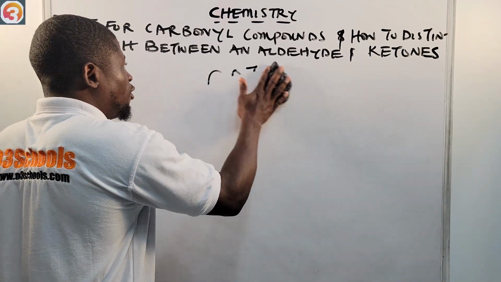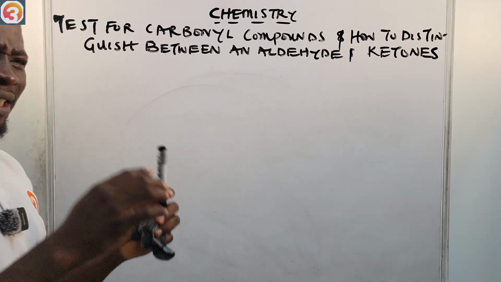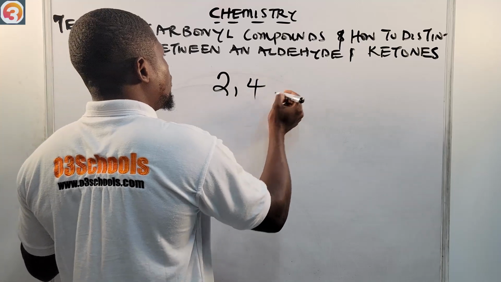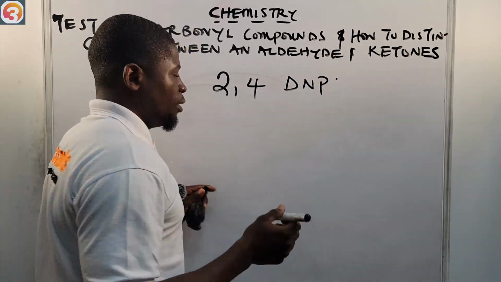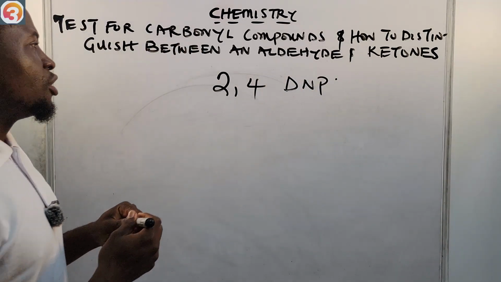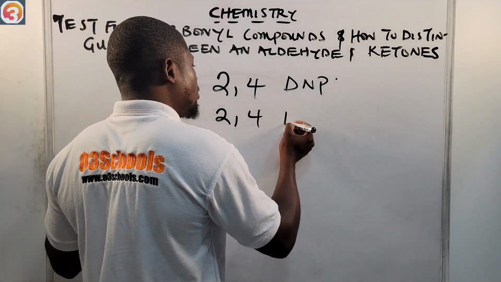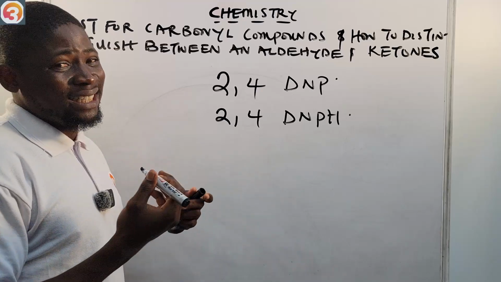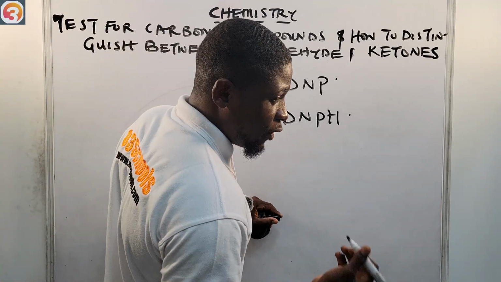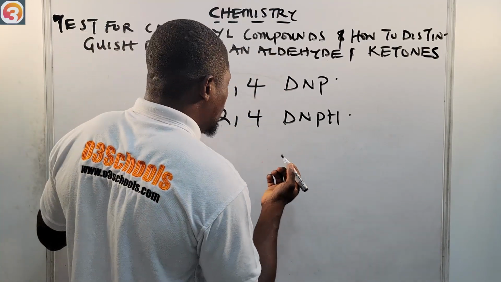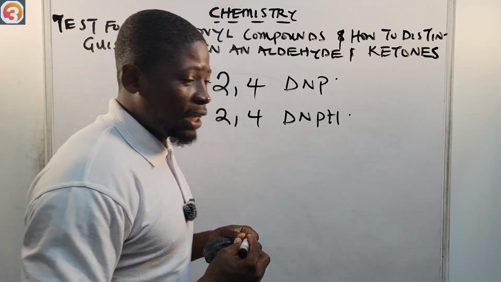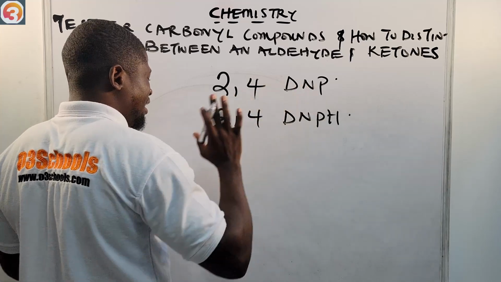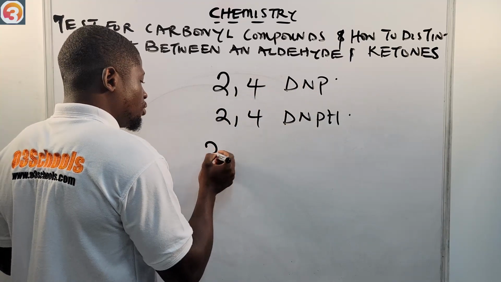So for us to test for carbonyls, especially an aldehyde or a ketone, what to use is called 2,4-DNP. Some people will call it 2,4-DNPH. But the full meaning of this is not really necessary. But let me just tell you, so that you can use it to impress your friends. If you just know 2,4-DNP, it is enough. But the full meaning is